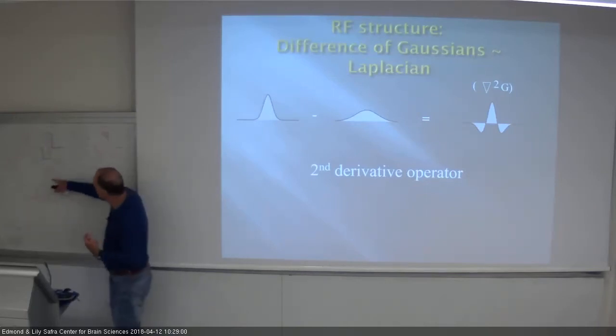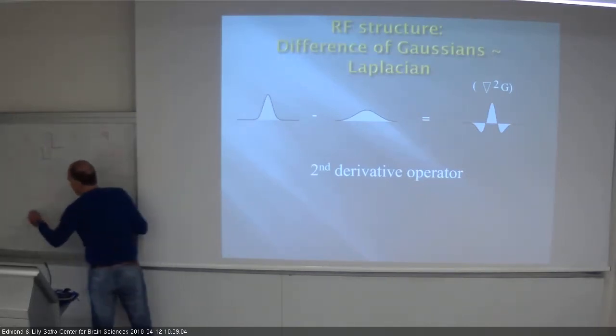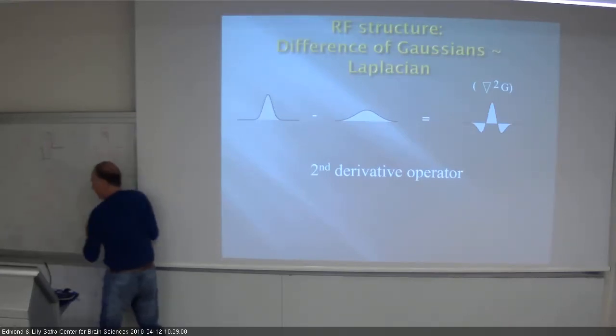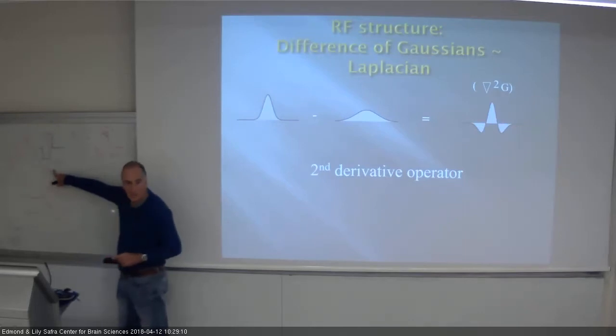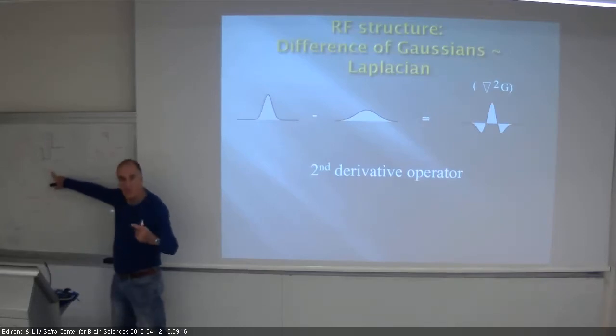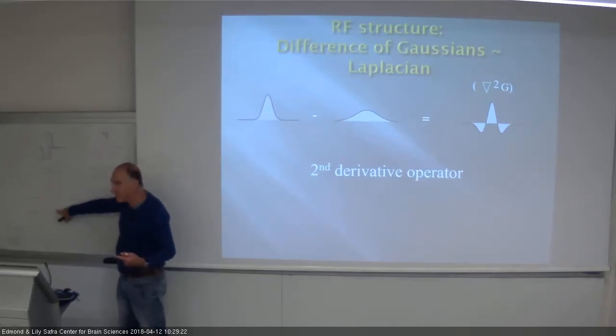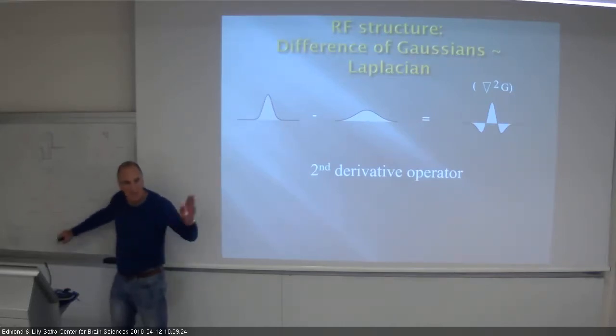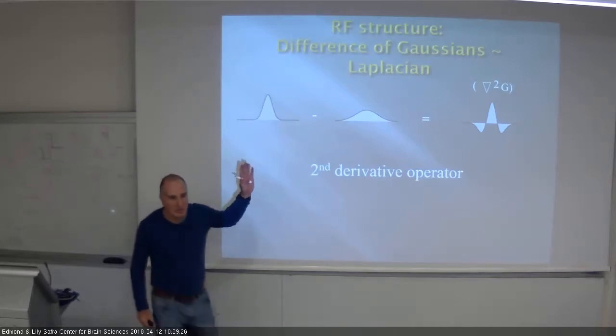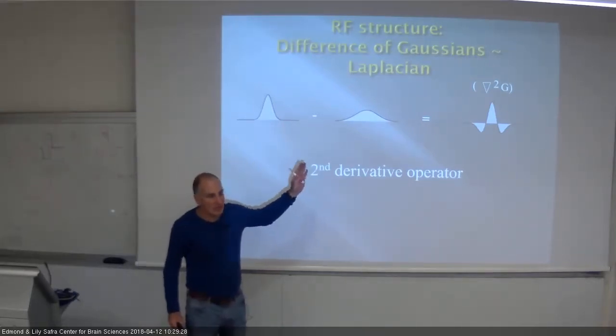Okay? So here's the luminance profile. Here's what the first derivative looked like. And if you look at the second derivative, it would look something like that. Okay, so take this at home, if you didn't understand anything of what I said, and do the first derivative, you get this one, right? You do the second derivative, you get that kind of function here, okay? I'm saying that that is what is being done by the filters that we see at the level of the retina, okay? Just a second derivative,